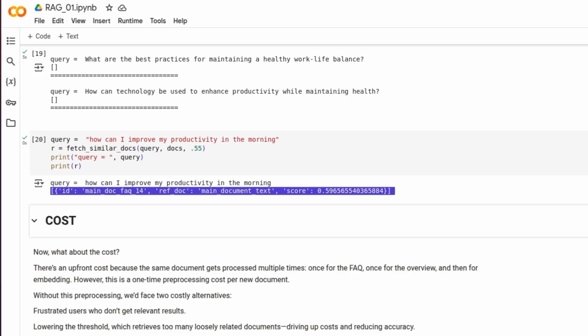Don't you agree? In this video, we identified vanilla RAG's limitations, enhanced retrieval using FAQs, overviews, and query decomposition, balanced